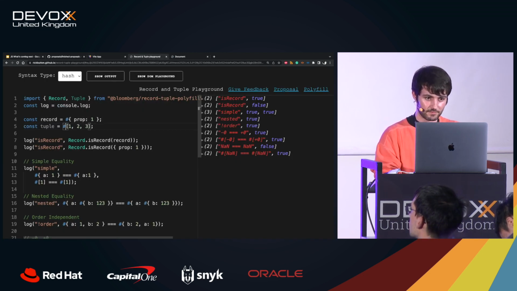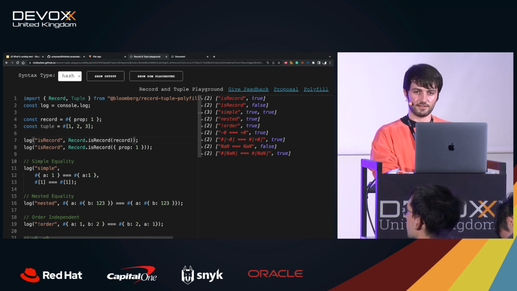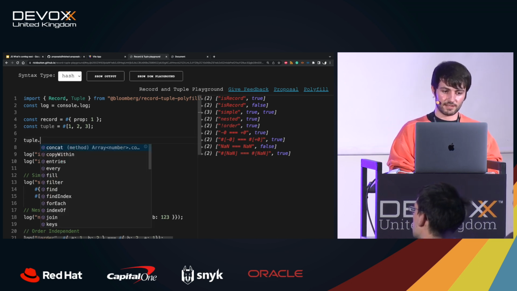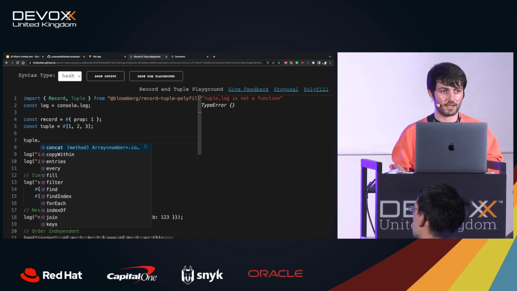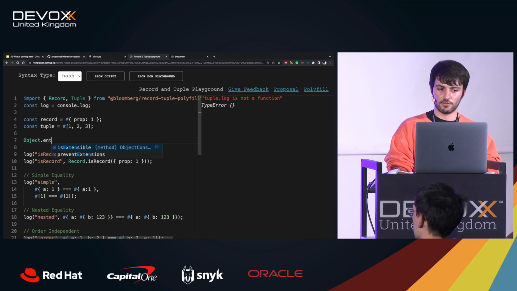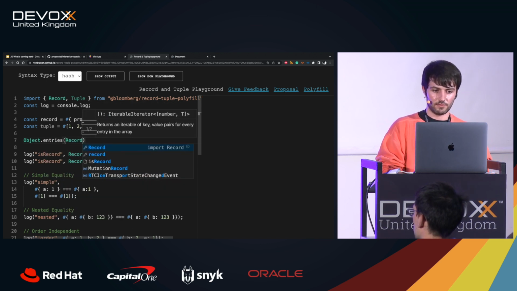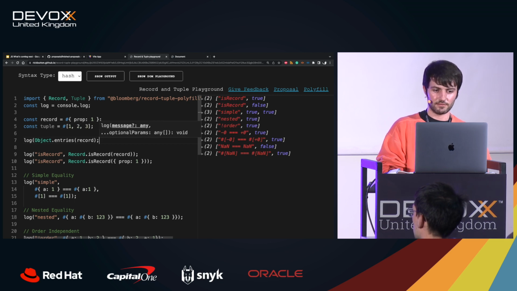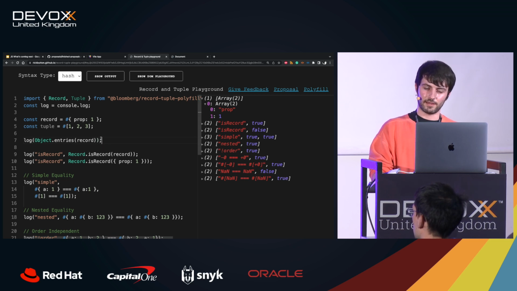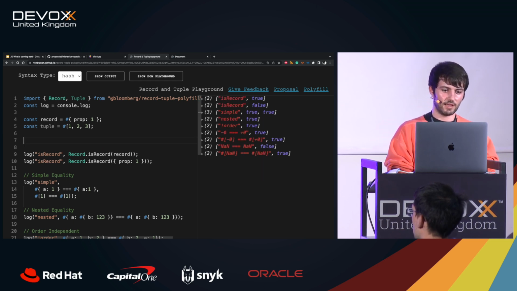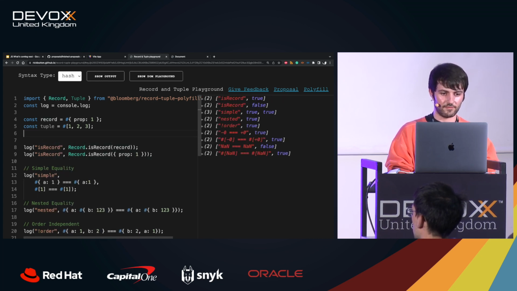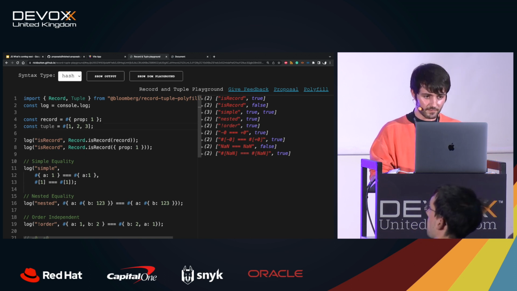It's basically the same, right? And then it has its own type, records and tuples. Some of the good things it has, for example, is that they have the same methods as the original one. So with an object, you can do Object.entries of record, and then let me log it. Basically everything supported by objects will be supported by records, and all the methods available for an object are available for records too. And the same applies to tuples.